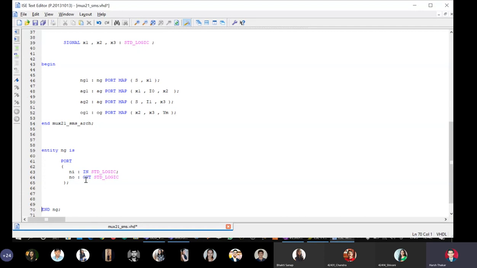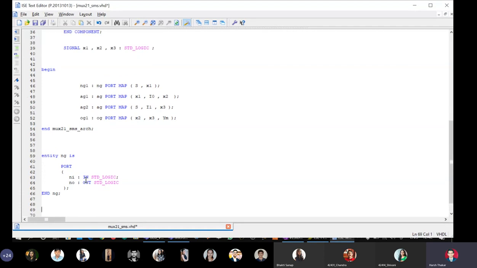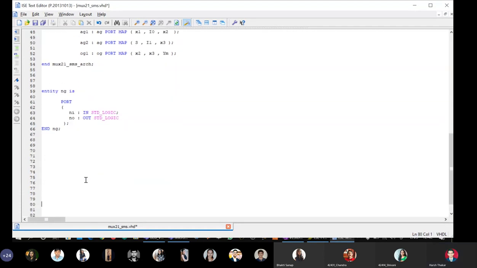Now I will write the architecture body. It's very simple. I will write architecture ng underscore arch of ng is, then begin, and here I will simply express the logical relationship between Ni and No. Can somebody tell me what I am supposed to write in the logic part of the architecture body of the NOT gate?